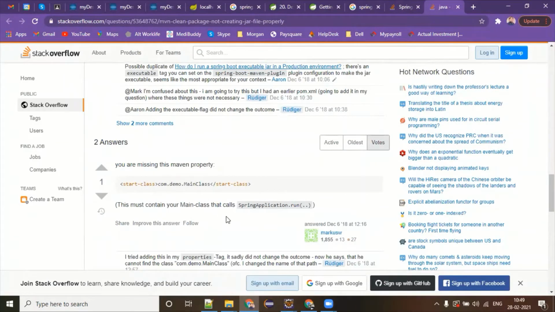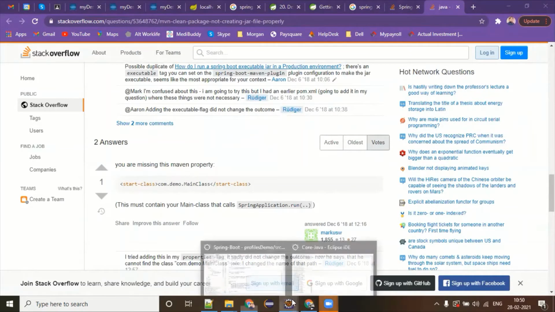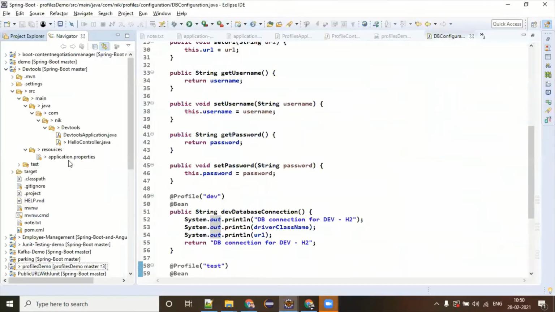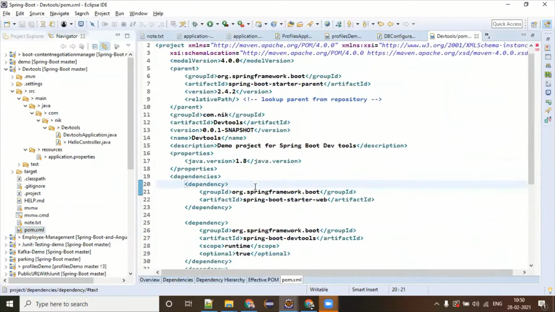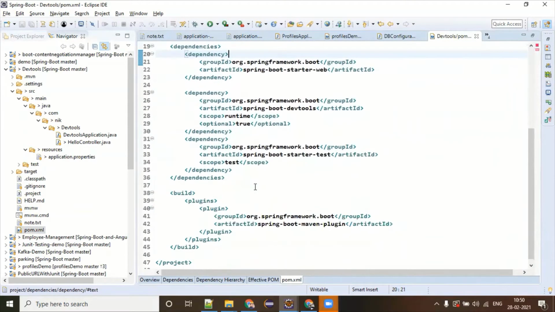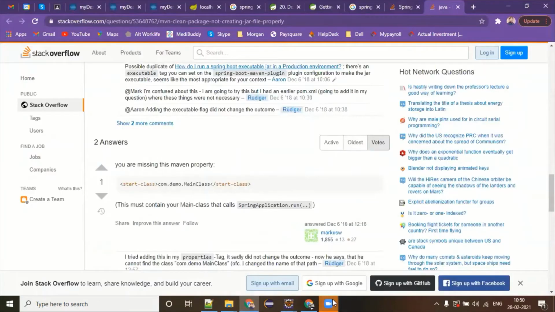You are missing the Maven property start class. This must contain your main class. Is it so? I don't think so. That is required. I think for executable jars, they need a main method to say where it should start.